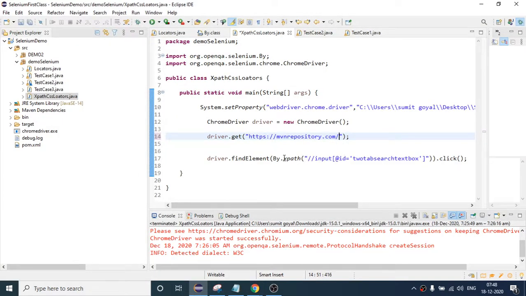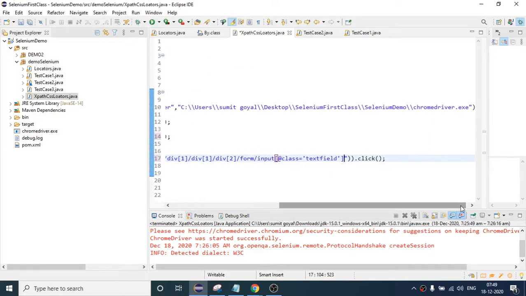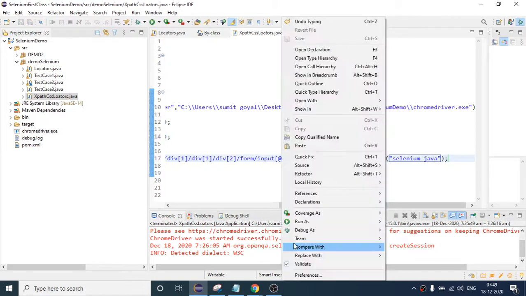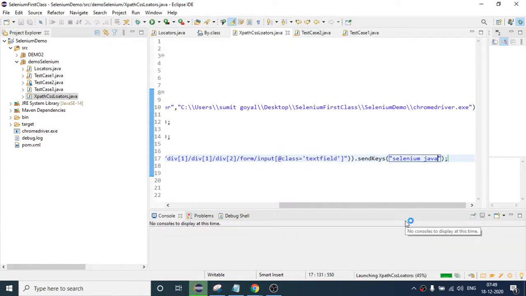This will remain the same XPath, and after that I want to send some data. So I will use send keys and I will say Selenium. If I run it, this time with the help of absolute XPath, we are sending some data.